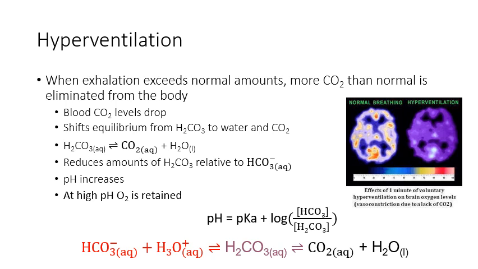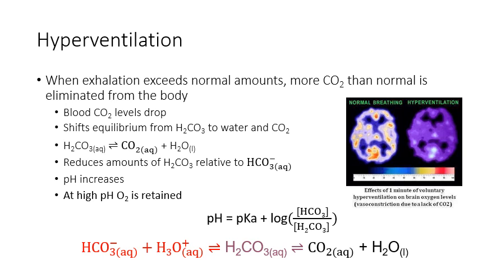And when somebody hyperventilates, they're breathing out much more frequently. So they start to breathe out lots and lots of CO2 because they're exhaling so frequently. And as they exhale more and more, they start breathing out more and more CO2, and the blood level of their CO2 drops. The amount of CO2 in their blood drops. That causes the balance between the amount of